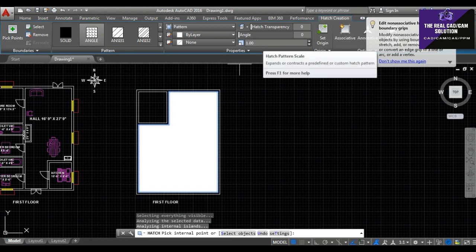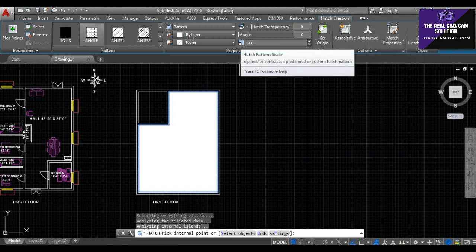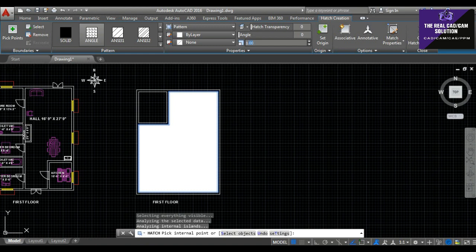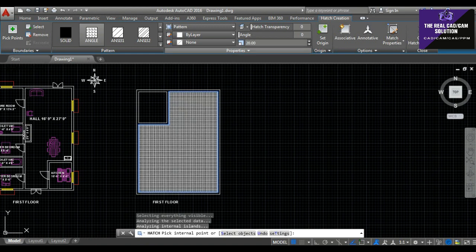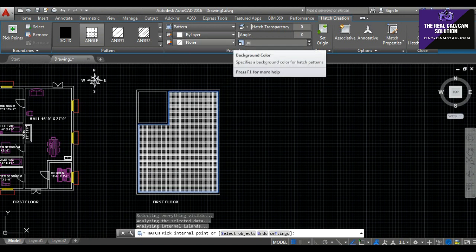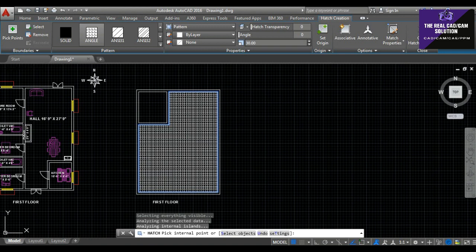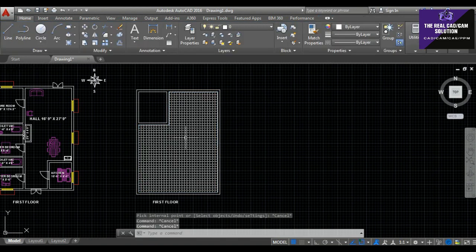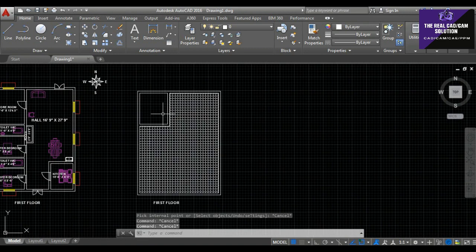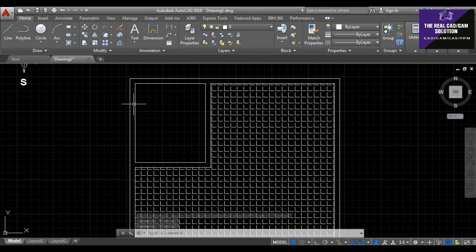It did not show anything because the size is very small. I choose to change the hatch scale. It gives the value 1. I want to change it like 20 something. It shows mildly visible. I want to change it like 30. It's nice, but I want to change it like 40. It's very nice. Okay, it's my rooftop.